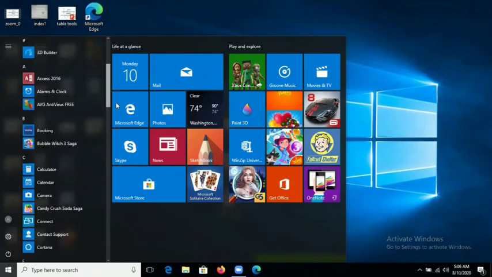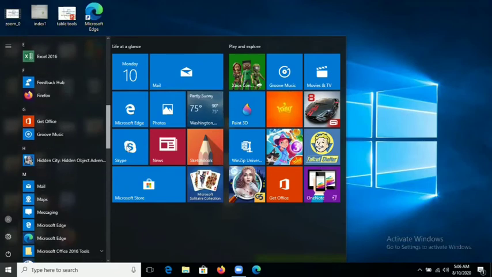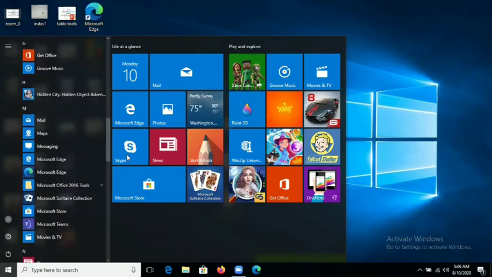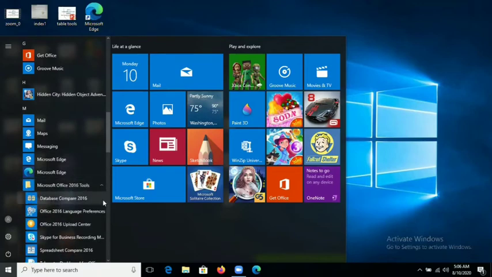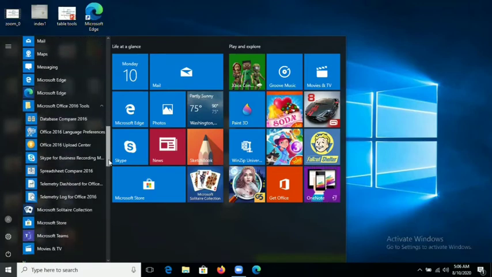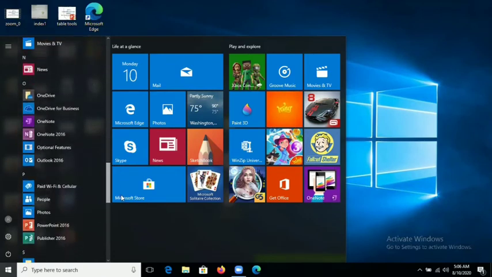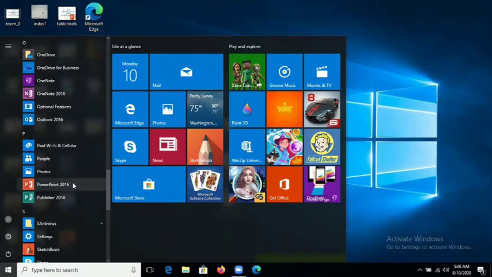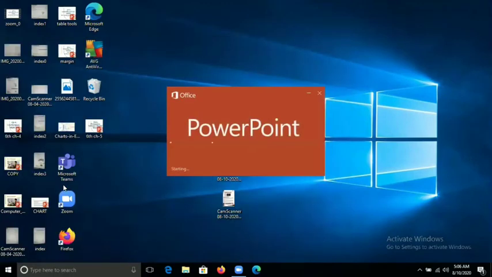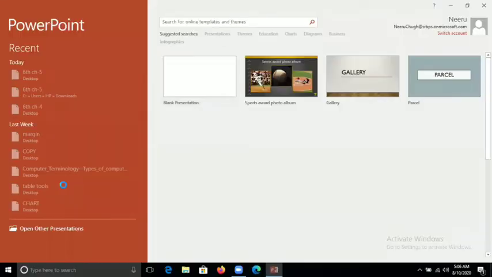If I check Microsoft Office 2016, click on that. Which application you want to use, you can take from here. You can see here PowerPoint 2016. Just click on it. PowerPoint will open.